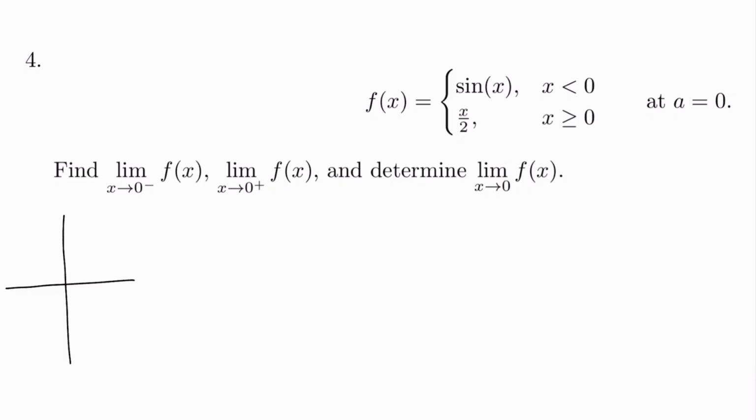Coming from the left-handed side, we've got sine, and we're looking at a is equal to 0. So for sine, remember, that is going to be 0 at 0. So we're going to look something like this. And then we've got x over 2, so that is just a line, and it is going to look something like this. So let's go ahead and draw our tables, our left-handed side,